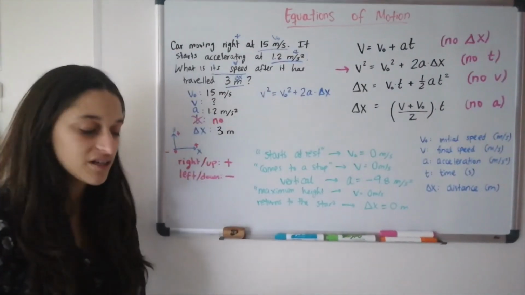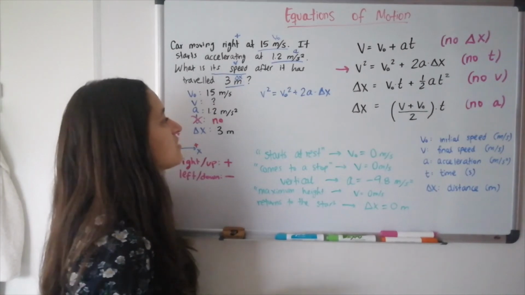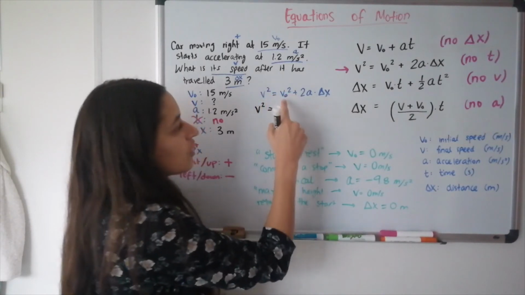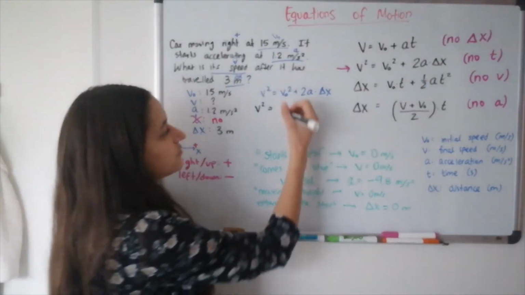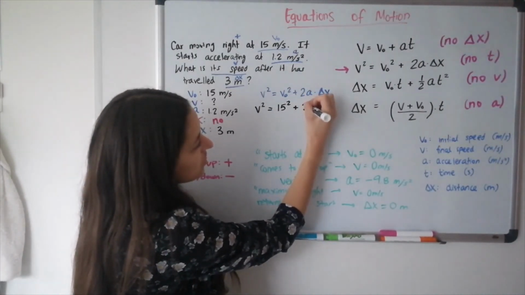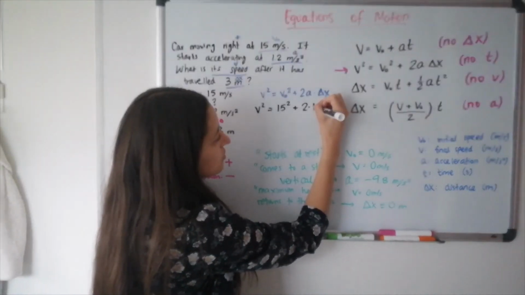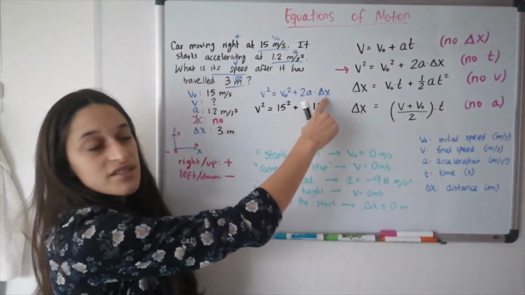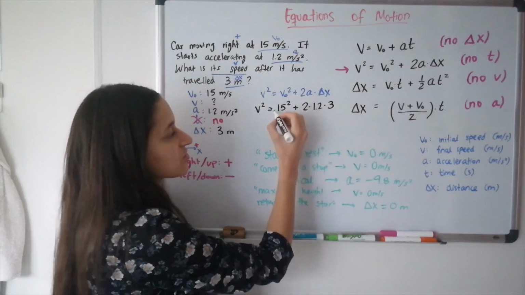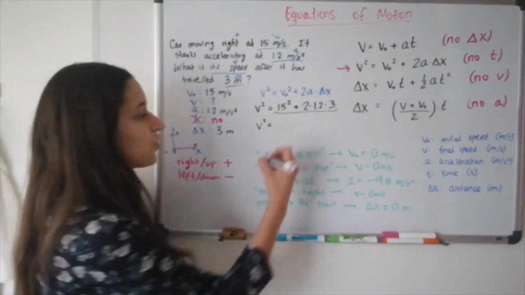And now we start putting into our equation all of our variables. So our v, we don't know it, so we're just going to leave it as v because that's what we're going to solve for. V squared. Our V0 is 15 meters per second. So we put 15 and it's squared. Plus 2 times. What's our acceleration? 1.2. So here we put 1.2. Times, what's our distance? Distance is 3, so we put here 3. And this we put into the calculator. This is just a number. So what we're going to get is v squared equals